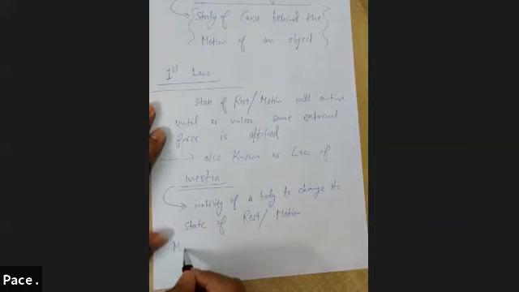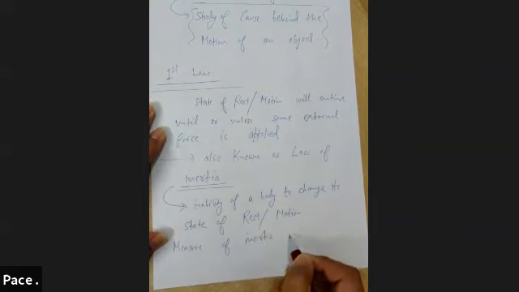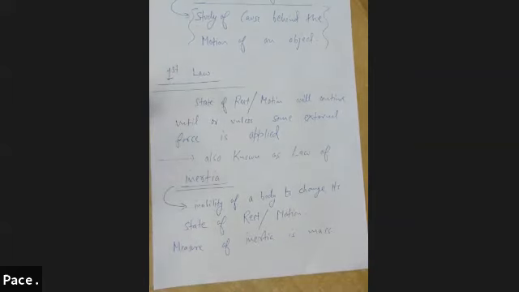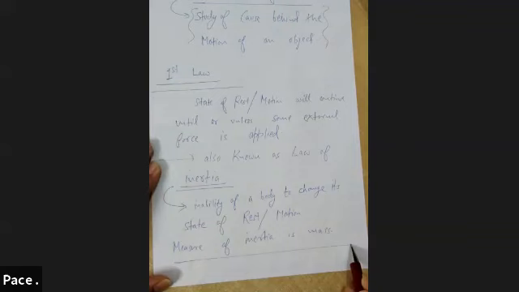What is the measure of inertia? How do we measure inertia? The measure of inertia is mass. If the mass of a body is more, its inability to change its state of rest or motion would be more. The heavier body will try to remain in a state of rest or motion unless or until some external force is applied. Its resistivity would be more. It would be more resistant to change the state of rest or motion. The measure of inertia is mass, and inertia is the inability of a body to change its state of rest or motion.